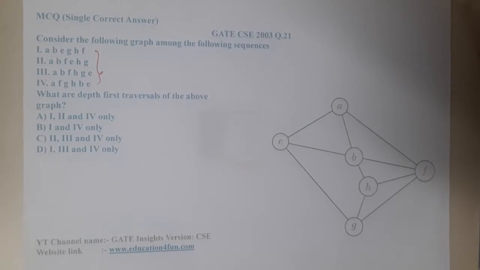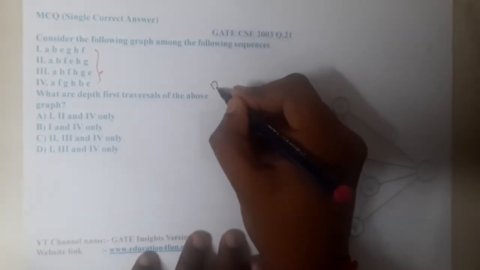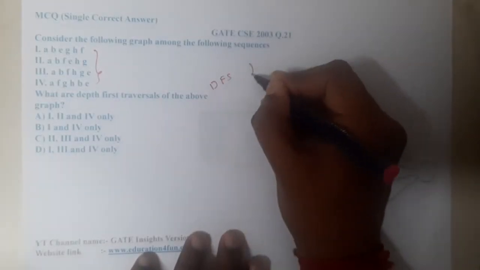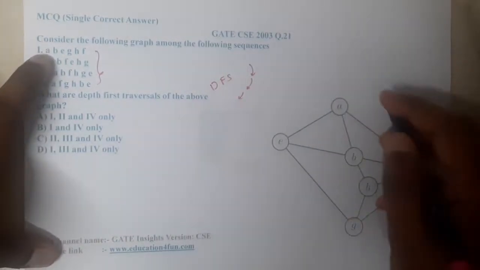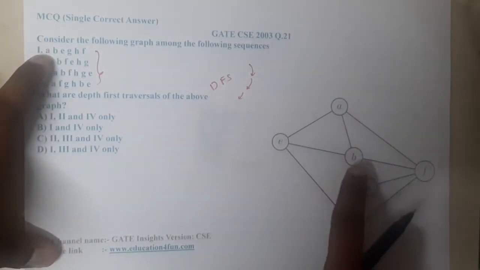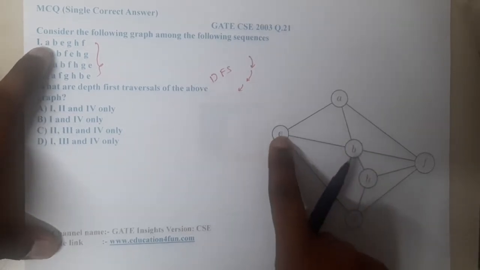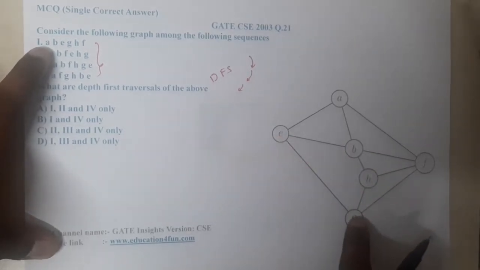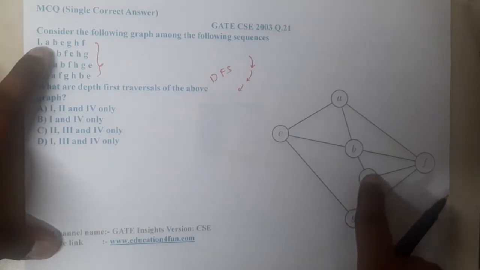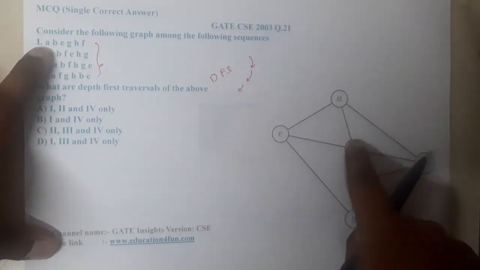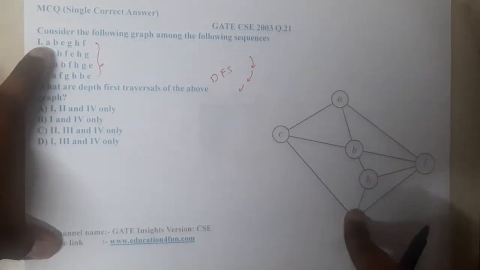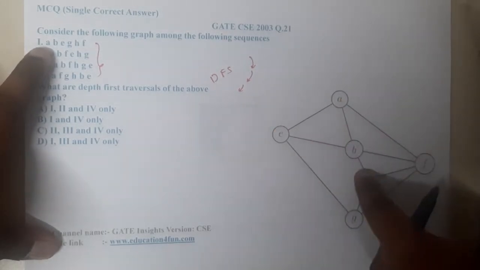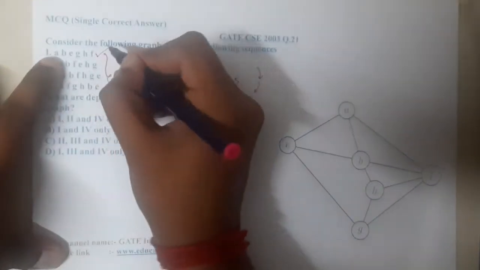Before going through this question, you should have a clear idea about depth first search. So what is a depth first search, guys? You will go inside. If you start from A, you went to B, from B you went to E, from E you went to G, from G you went to H, from H you went to F. So basically from the start you traversed each and every node, right? You are going in depth only, one inside, other inside, other inside. So this is a valid depth first search, guys.